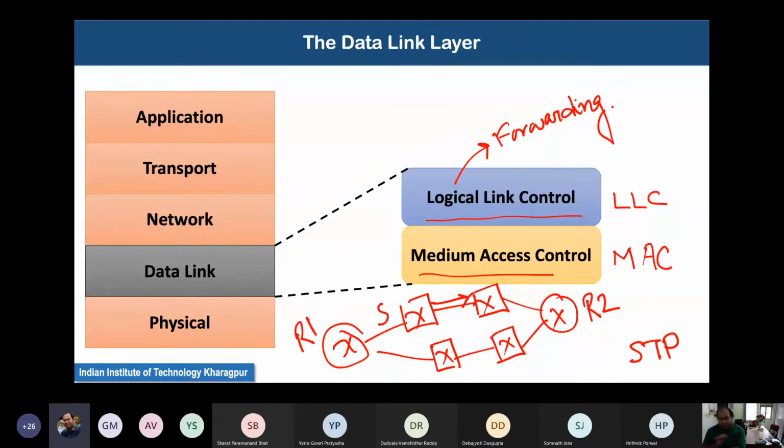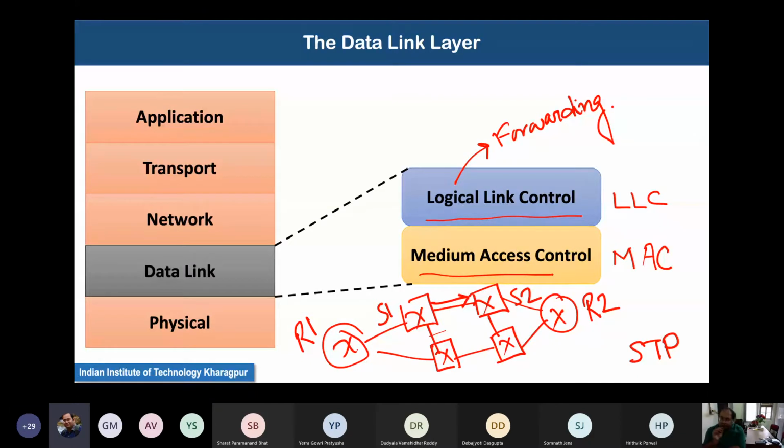Now this transmission, R1 to S1, then S1 to S2, and then S2 to R2, is the physical communication of the signal. That means you need to transfer the signal from R1 to S1 to S2 and R2, and you need to ensure that there is no loop. Indeed, in this diagram you can see there are multiple possibilities of having a loop. But while forwarding in this kind of multi-hop network at the file layer, we need to ensure that there is no forwarding loop, and as a consequence you need to use some kind of protocol, the spanning tree protocol, to do that.